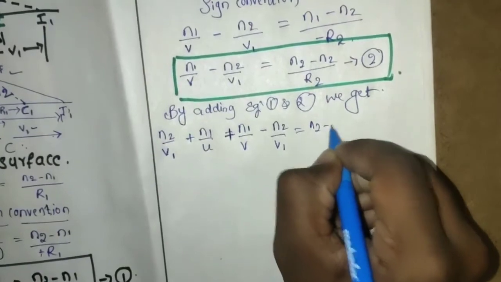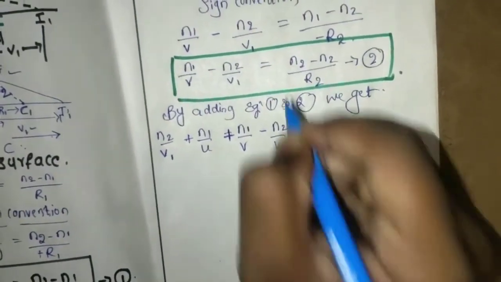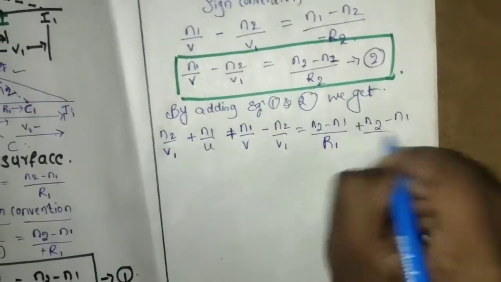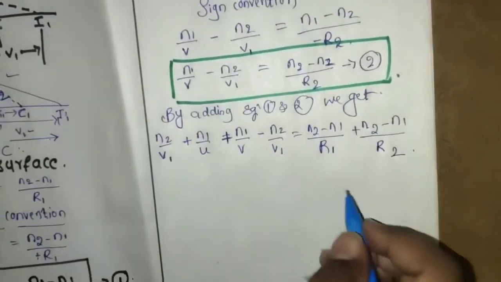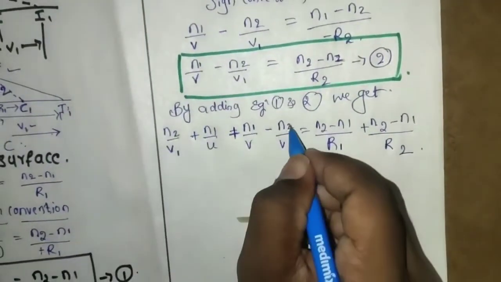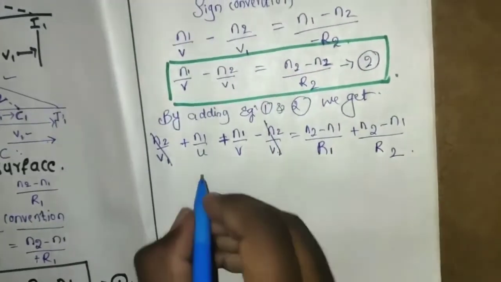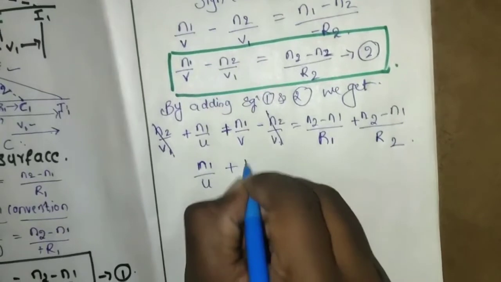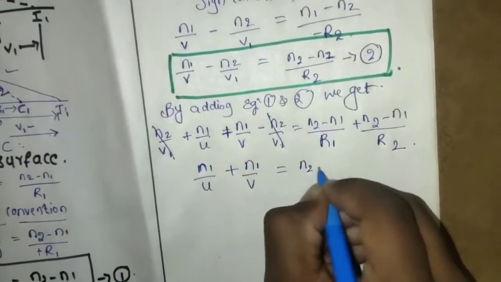From 1, n2 minus n1 divided by r1 plus n2 minus n1 divided by r2. This is the equation which we get after addition. n2 by v1 plus n2 by v1 both will cancel out. The remaining is n1 by u plus n1 by v equals to n2 minus n1,